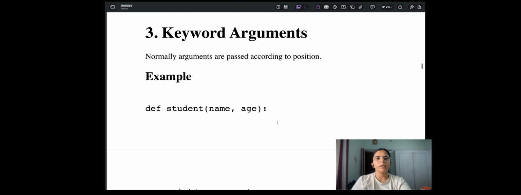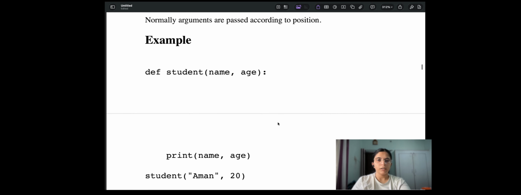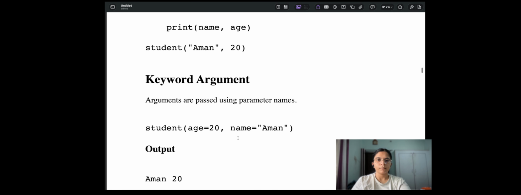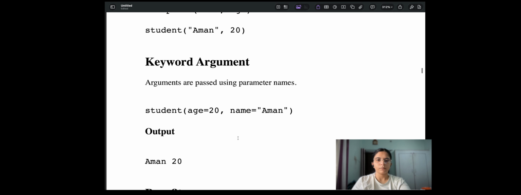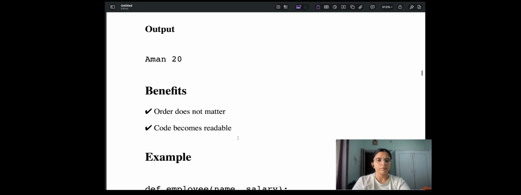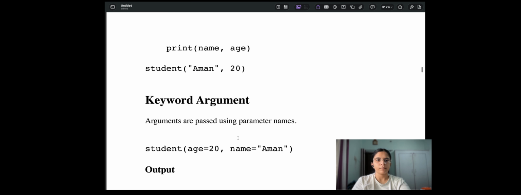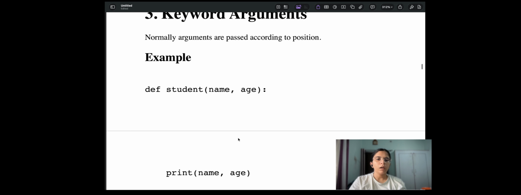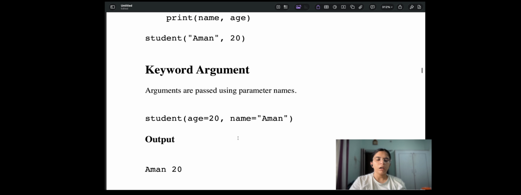Now, keyword arguments. Normally, arguments are passed according to position. Example, this one. Normally, arguments are passed according to position, but in this, arguments are passed using parameter names.